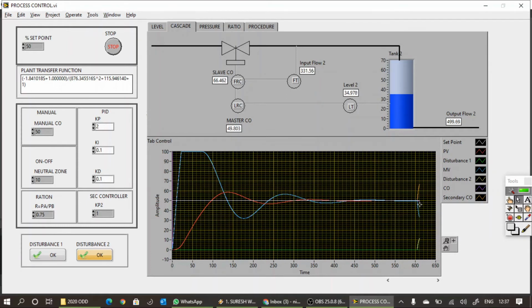So due to the change in manipulating variable, even if control output, primary control output is not changed, control output 2, that is secondary control output, this is secondary control output, that is changed to reduce the effect of this disturbance on the control variable as early as possible. This secondary control output is changed. Okay, but you can see small effect on controlled variable, but that it will be minimum due to the variation of secondary control output. Okay. So just observe it and improve your knowledge.